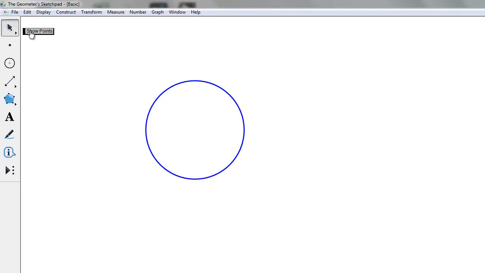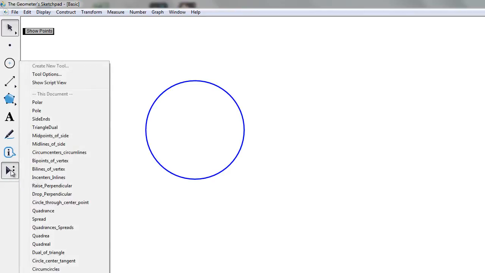Now, one of the main operations that we want to do is to find the polar of a point, or the dual of a point. And here you see this particular document has not just one custom tool, but a whole bunch of custom tools that I've created, and they're all having to do with hyperbolic geometry. They all allow us to do interesting things in universal hyperbolic geometry.